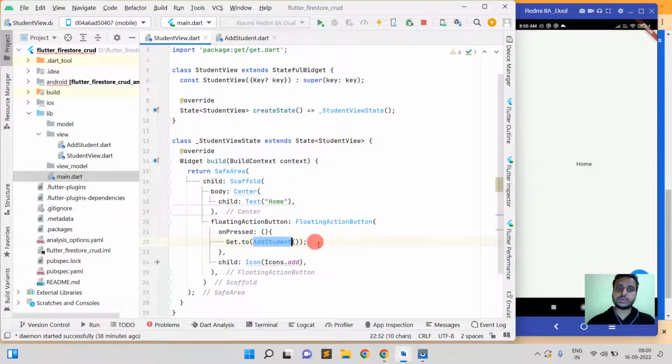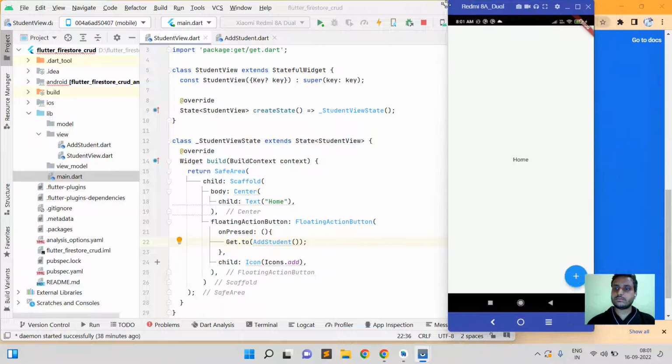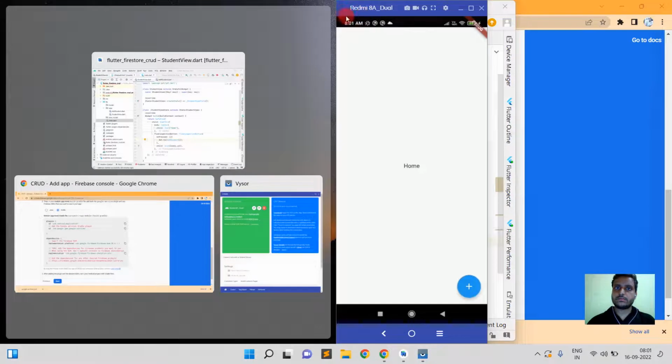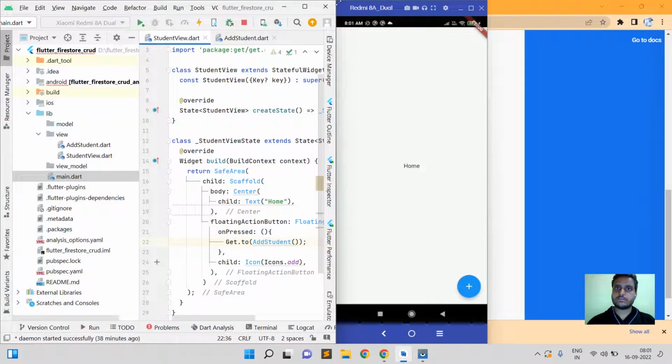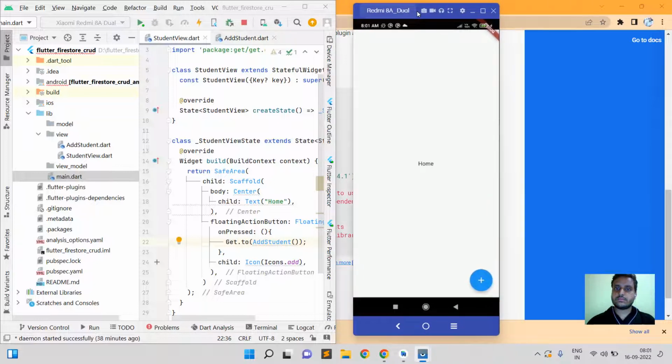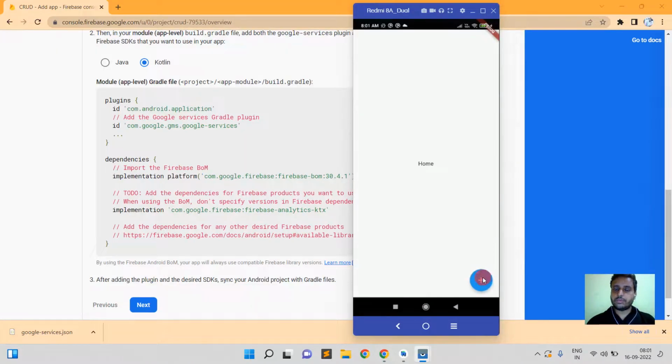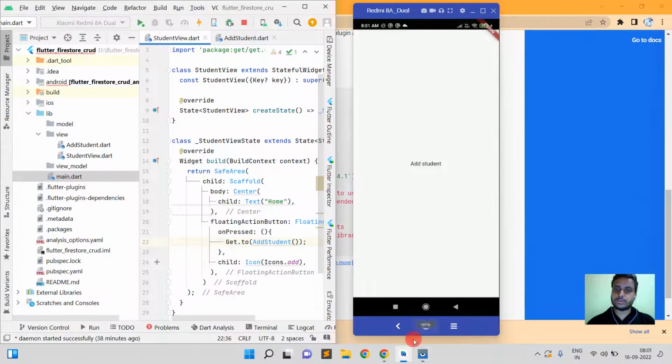After passing this activity name, we can see when we hit this plus button, then the add student page is open. Okay,